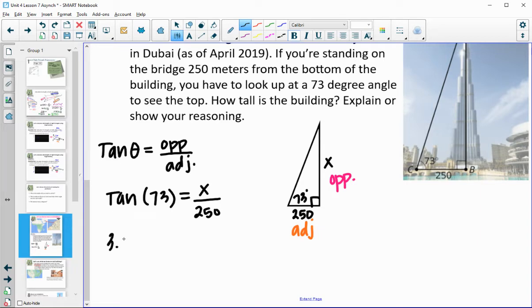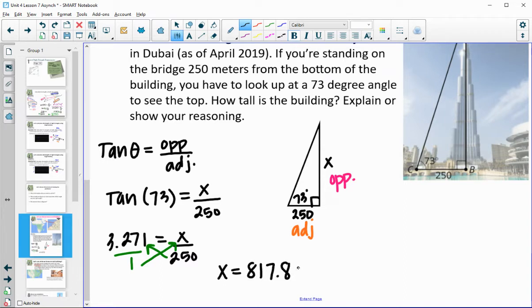And you should get 3.271 equals x over 250. So you can cross multiply this. So this is like a proportion. So we can just multiply that 250 up. When we multiply the 1 up, it doesn't change the x. So 3.271 times 250 gives us that x equals